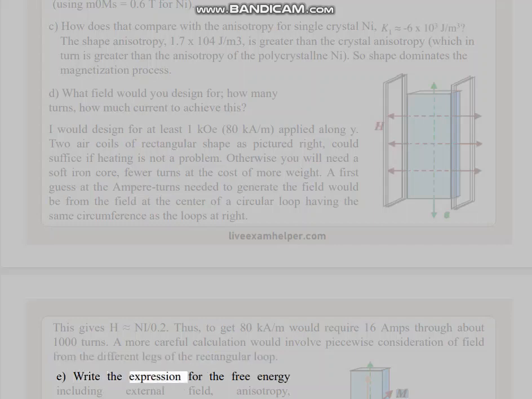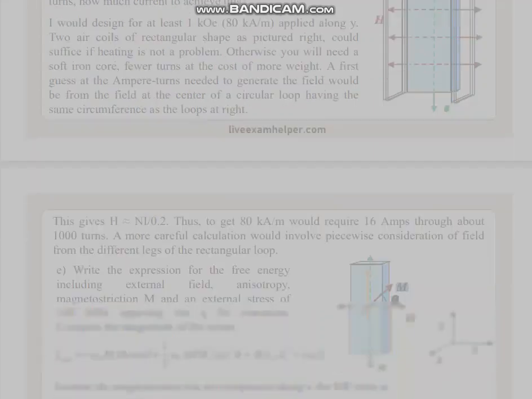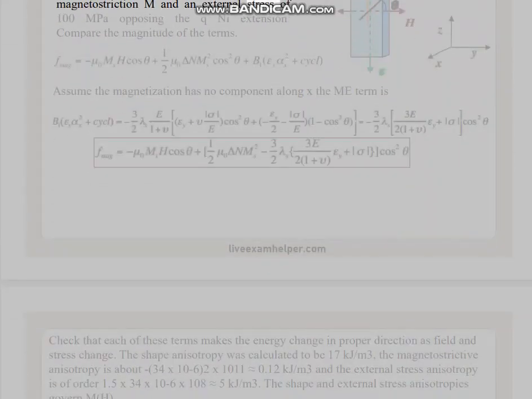E. Write the expression for the free energy including external field, anisotropy, magnetostriction, and an external stress of 100 MPa opposing the Ni extension. Compare the magnitude of the terms. Assume the magnetization has no component along x. The ME term is